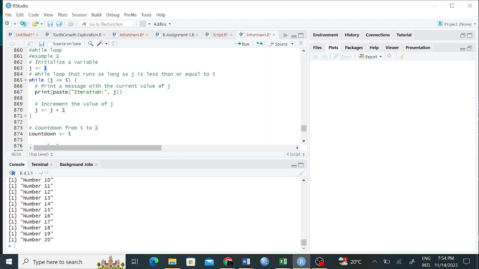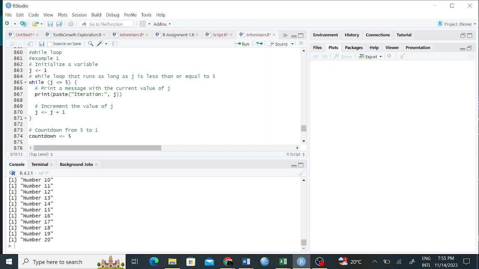So that is where now we are having this increment. How are we increasing the value of j? So we increase it by taking j and adding 1. So if I have maybe j here as 1, then the next iteration is going to be based on 1, which is for j, plus 1. We have the new value of j here. 1 plus 1 is 2.